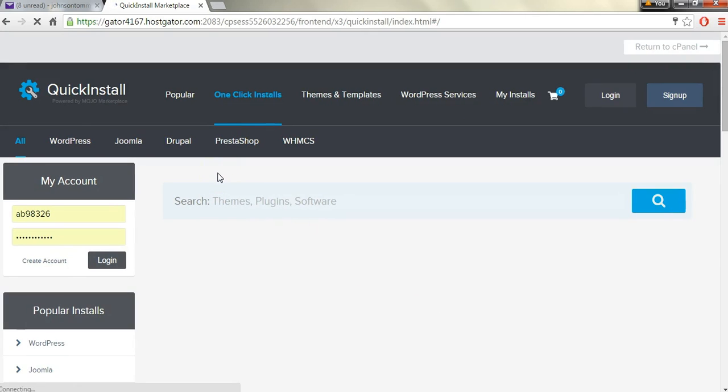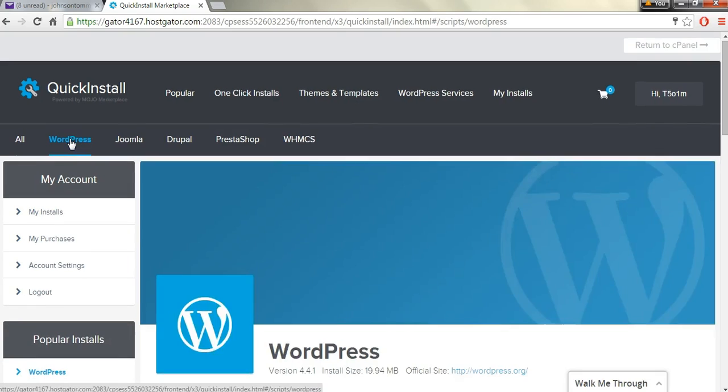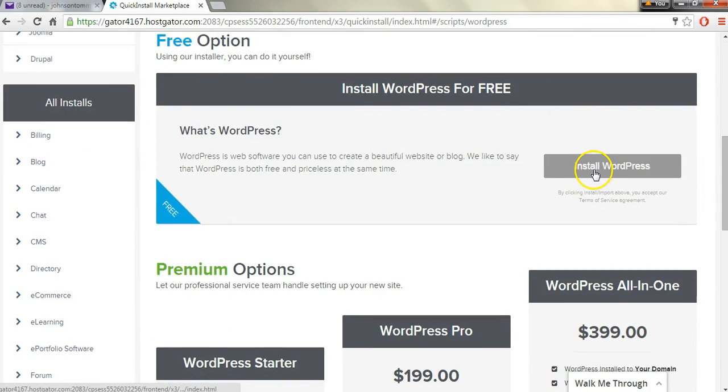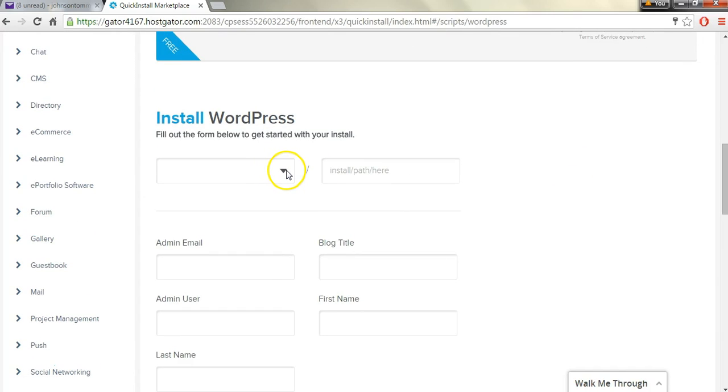Now once we get to this page, we'll go to WordPress on the left side, and we'll go to Install WordPress within the free Install WordPress for Free area. Now we're going to populate this area right here with our information that we want, but